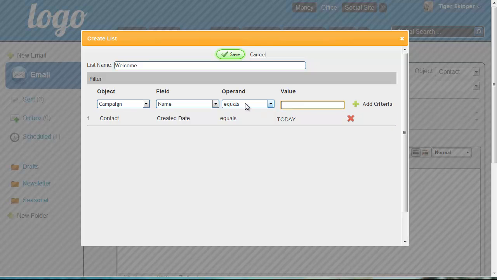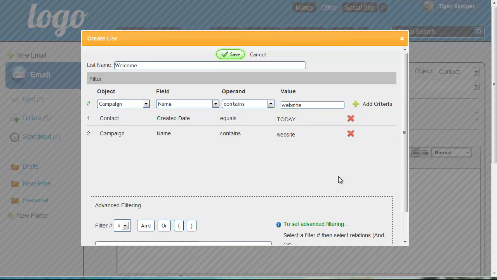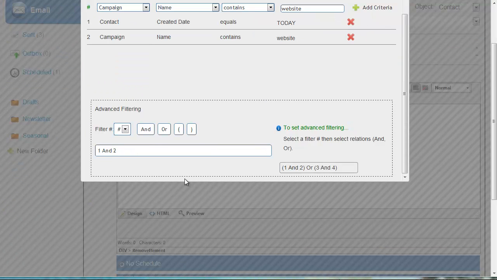If we want to use something like equals, we want to make sure that we spell it exactly the same as it is in the system. If you're not really sure, you just know it contains the word website, go with contains and website. Okay, and then you don't have to be as careful with your wording. Add the criteria. I've got 2 lines now, and you see I have a new section at the bottom called